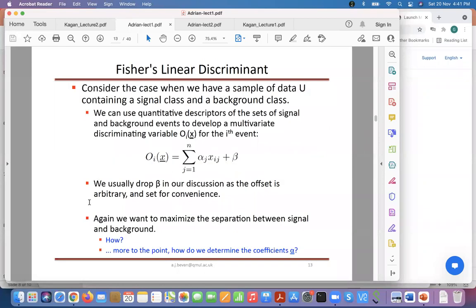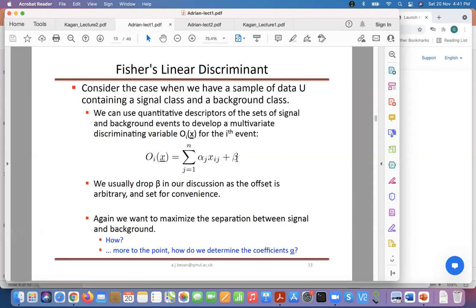And there is one very simple linear method. It is called linear discriminant. It goes by Fisher, the person who introduced this concept. So what it means is, you have n number of feature variables, and instead of independently cutting on each of them, you combine them in a certain way, and this alpha is a linear way of combining them.